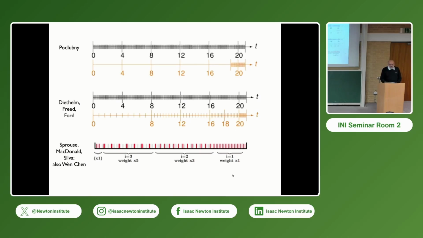And here are some basic approaches. A long time ago, I introduced the short memory principle, which says, okay, I have the memory window, and I do not care about the far past. Diethelm, Freed, and Ford actually introduced those non-equidistant grids. So to the past, the distance between the discretization nodes is larger. At the current time, it is dense. And this is that idea with clusterization also. Okay.